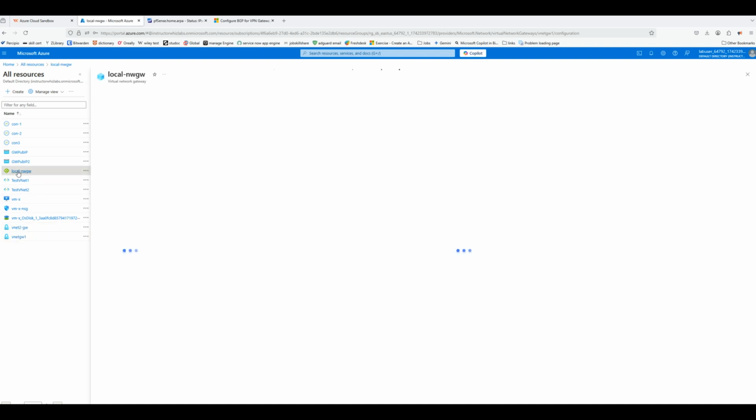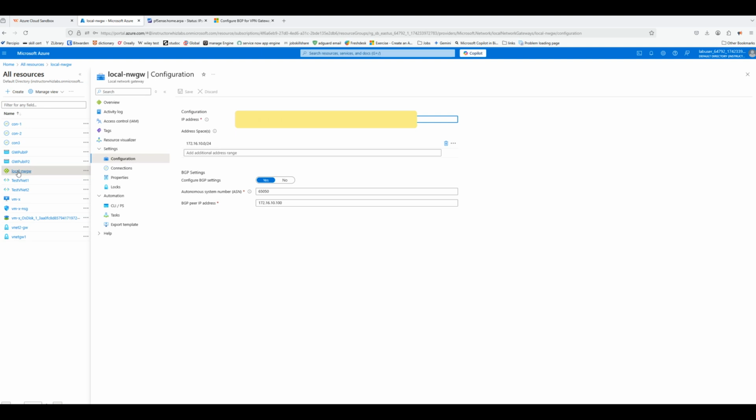And then the local network gateway, I created the local network gateway, right? And this is my local range. And then you've got the BGP settings enabled. This is the autonomous system number for BGP, 65050, and the BGP peer IP address is the firewall's LAN IP address,